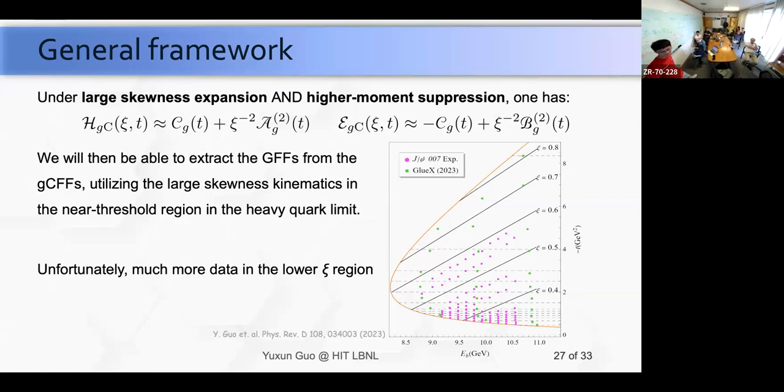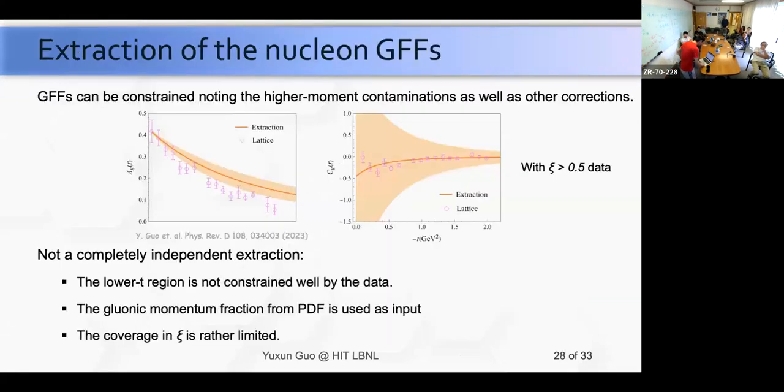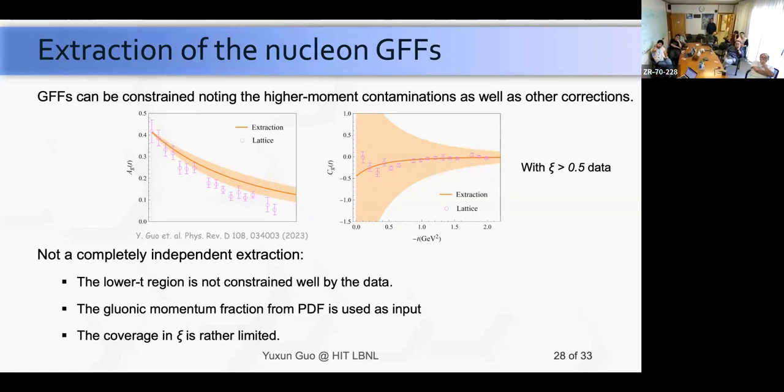If you want to study the large C region, there are not that many data points. That's kind of an unfortunate challenge: we are working in a large C and large T framework, and that's usually where experimental data tends to lack. But anyway, let's for instance take the C larger than 0.5 data,